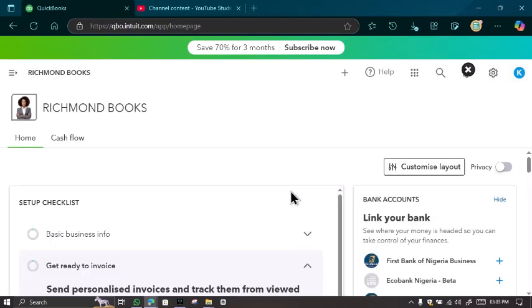And that is how to add company address to your Intuit